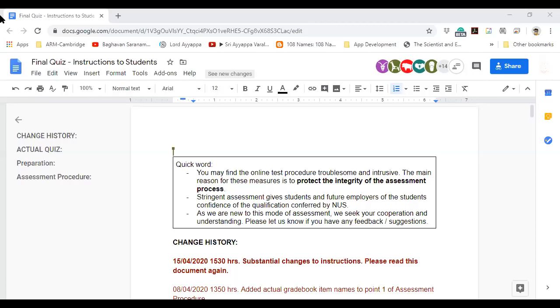Yes, you can use calculators, no problem. But of course use your proper calculators, because your handphones would be used for the Zoom. So make sure you are using a separate calculator.